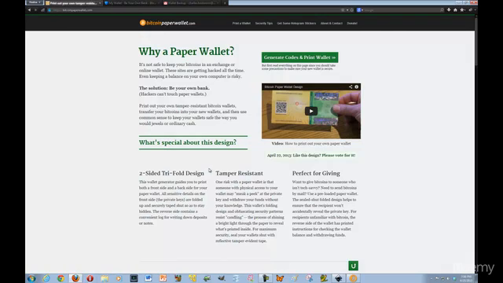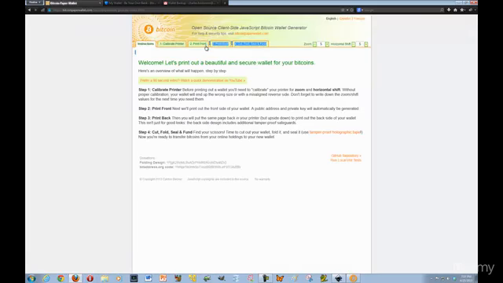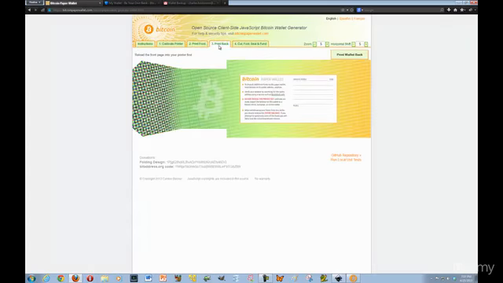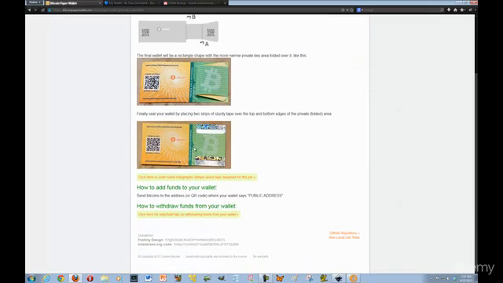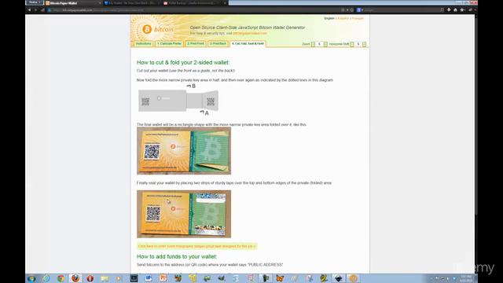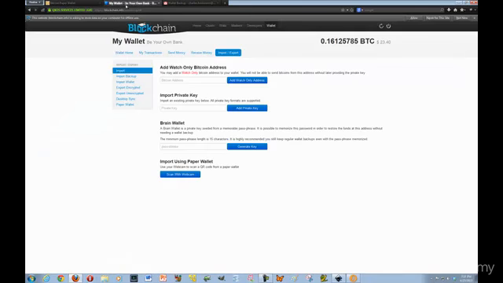So this is my recommendation. If you wish to create a paper wallet, use bitcoinpaperwallet.com. Just generate the codes and print the wallet, print the front, print the back, and then there's instructions on how to fold it. And then after you've done so, you can put holographic stickers or anything else you want on it and just throw it in a safe. And remember the public key, and you can send money at any time to charge it up. And then use something like blockchain or Mt. Gox. Just simply import the private key, and bing, you have yourself a wonderful paper wallet